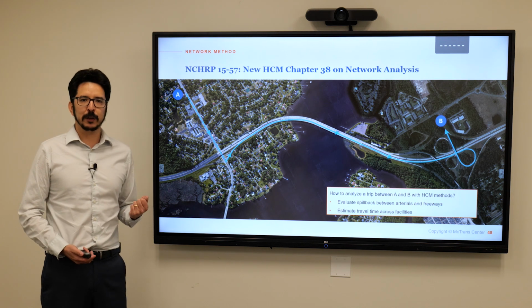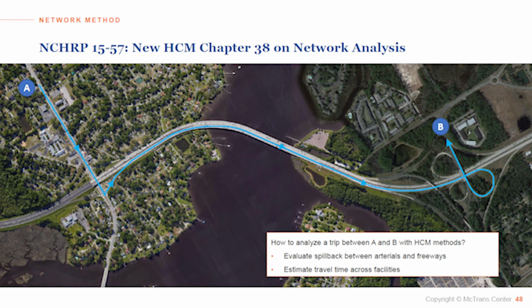So if you look at this figure, for example, if you want to analyze a trip between points A and B, this trip goes through multiple facilities. You start with some streets. At some point, you travel through a diamond interchange. You travel through a freeway facility, a couple of segments, and then you leave through another interchange,